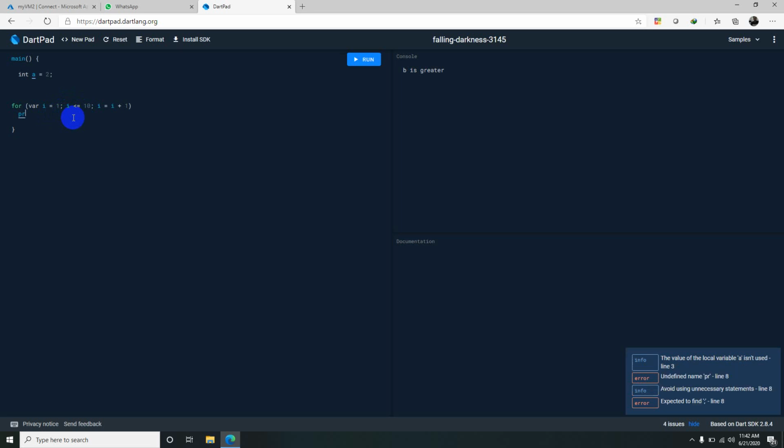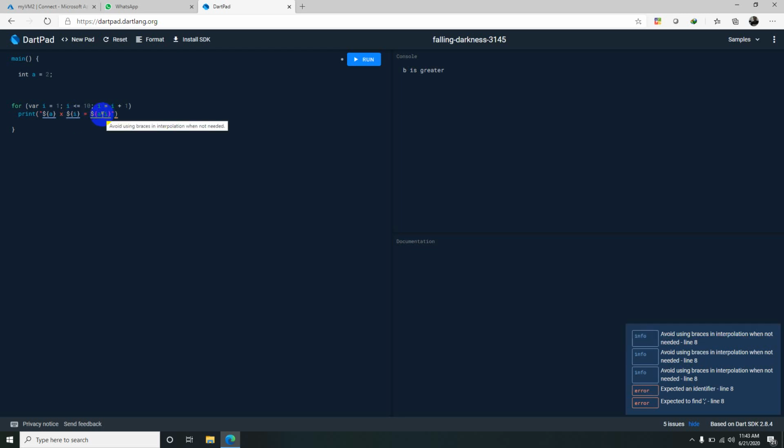So I will use the print function and I will keep it in the quotes. Inside the quotes, if I want to print any variable value, I need to keep them inside this dollar and flower braces. In front of this, I need to keep a into i, equal to dollar a star i. This expression will be evaluated and printed.